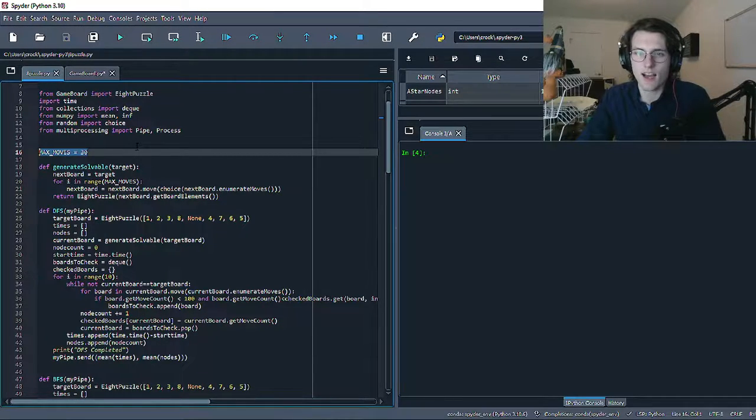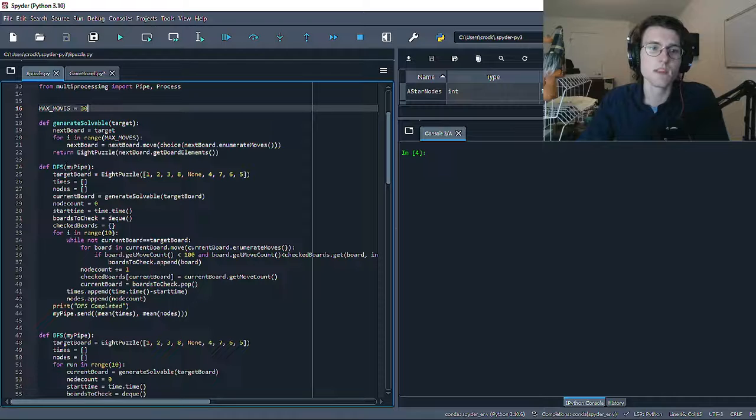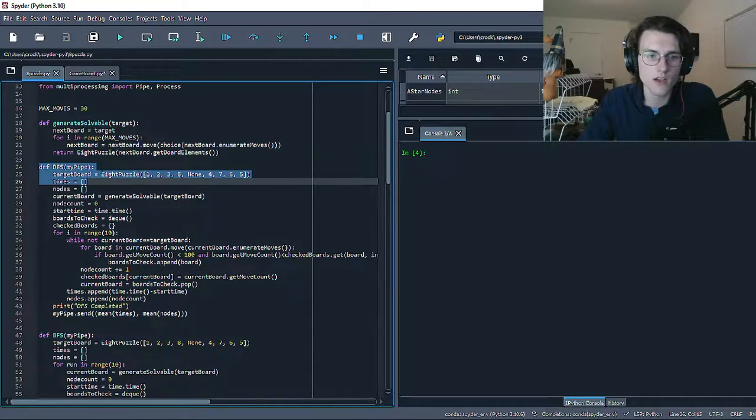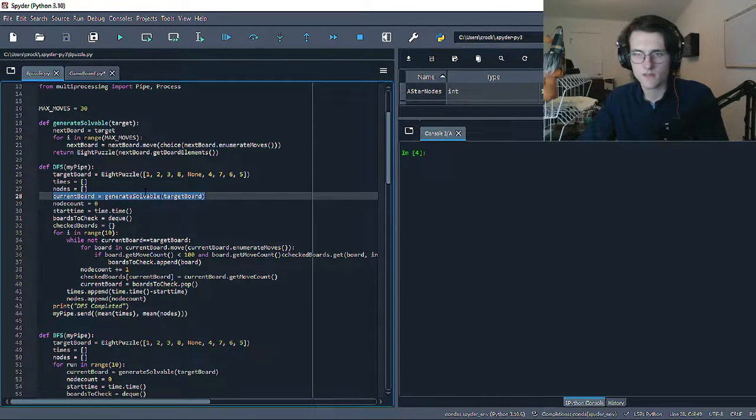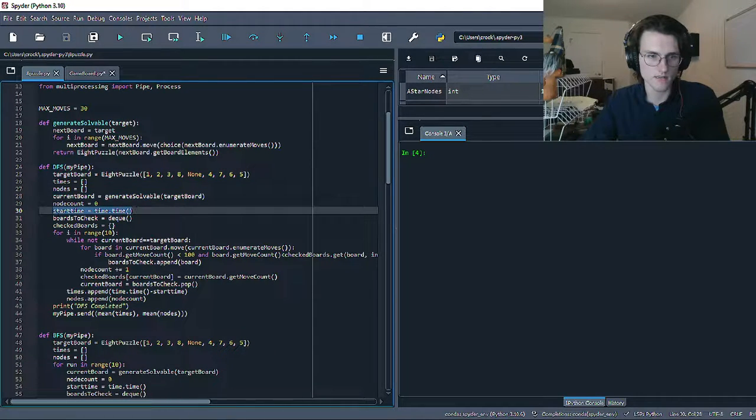That being said, I don't want this video to go for 10, 20 minutes while I wait. So we're just going to leave that at 30 moves for now. It still might take a minute or two for some of these, because I am running them 10 times each. But for the depth first search, I generate a target board, and then I make the starting board using this generate solvable function, and set up the